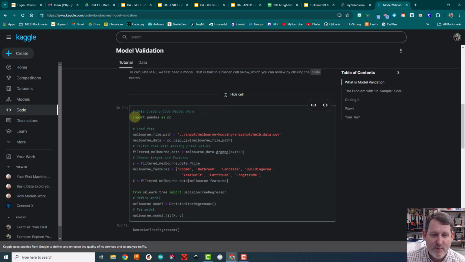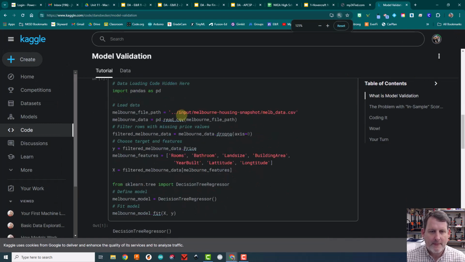Now we know the import pandas we've done several times. Now let me see if I can zoom in a little bit. Import pandas as PD. So pandas is this data handling library that does all the kind of reading our values and things. We create a file path for where our file is being stored. And then we do a PD for the pandas library, read CSV. We read in this file path, so this melbdata.csv. We convert it from a CSV file, being done here by the read CSV, into what's called a data frame, which is a data table for